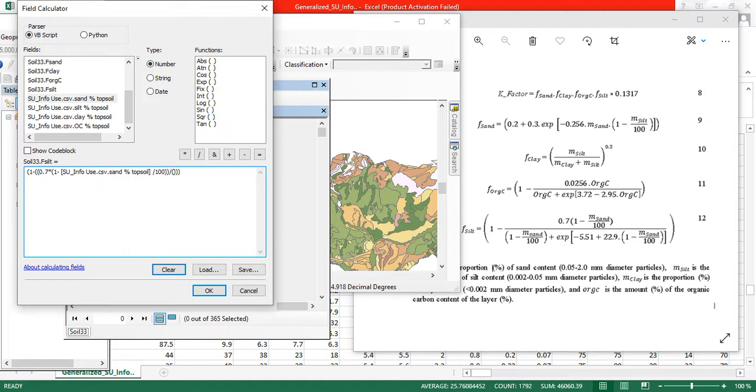After that you open another bracket, which will now be, no, the bracket will be 2 this time around. 1 minus m sand divided by 100, and immediately after we have plus